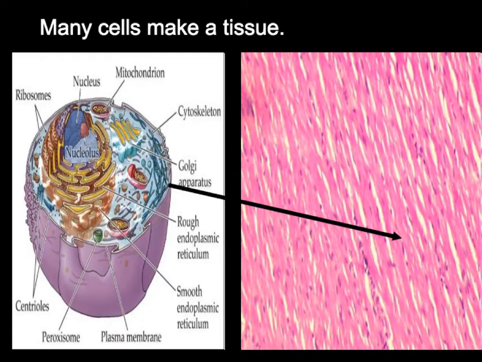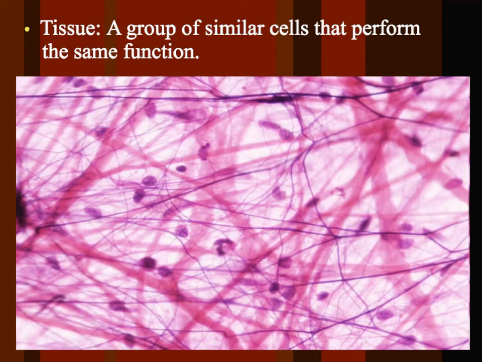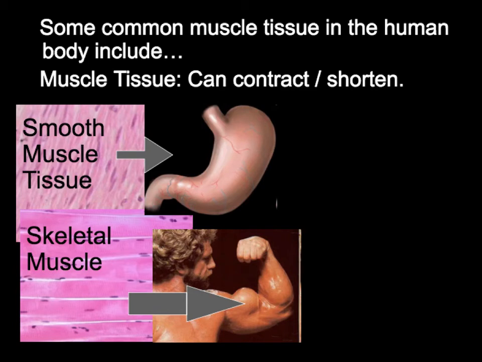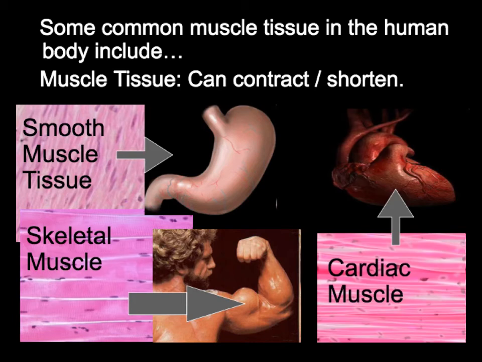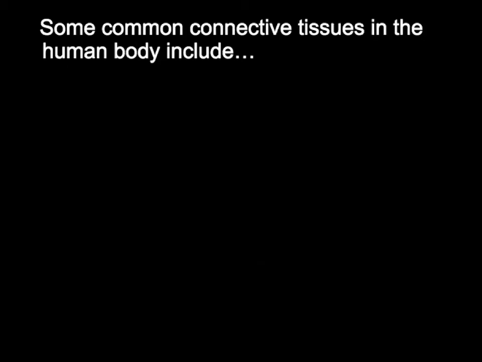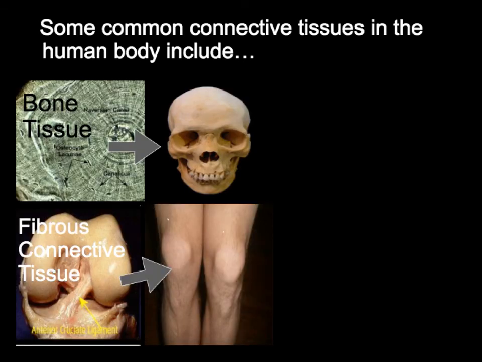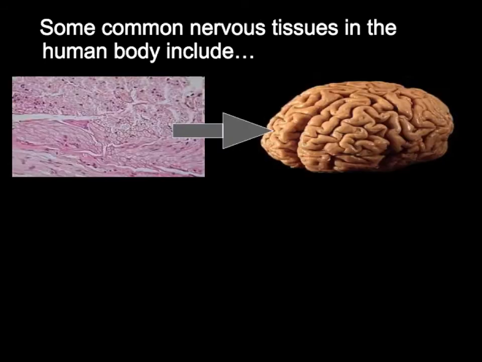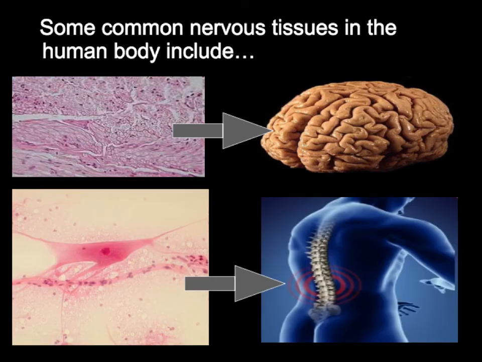Many cells make up tissue. Tissue is a group of similar cells performing the same function. And we have smooth muscle tissue, that would be around organs like the stomach. We get skeletal tissue, you can see some skeletal tissue is going to be that of the muscles and such. Cardiac muscle. Connective tissue is going to be like bone tissue connecting, fibrous connective tissue, those tendons and such over your different joints, like in adipose, that's fat tissue. Blood is a tissue. Nervous tissues, you're going to have that, and those of the different nerves, especially within your